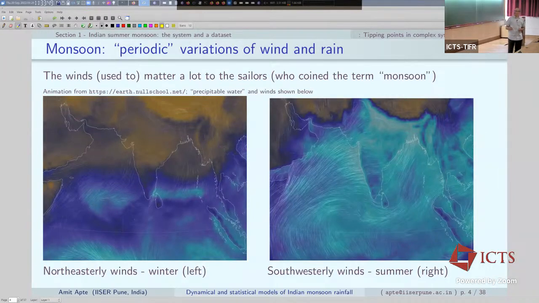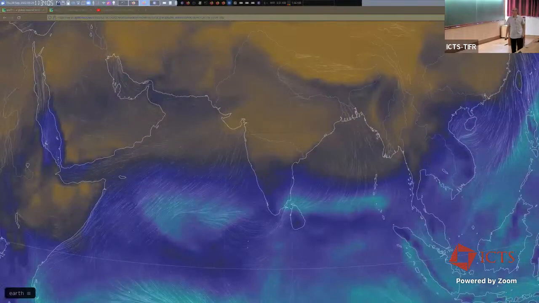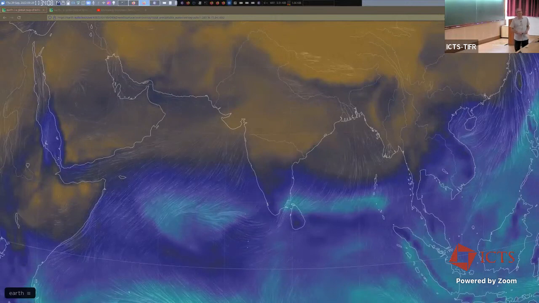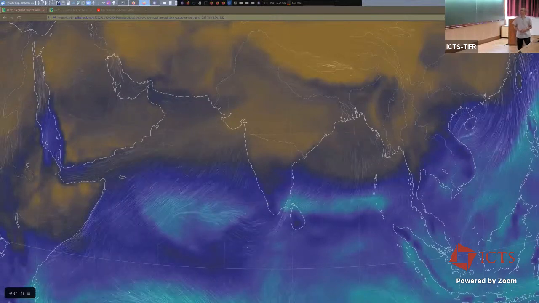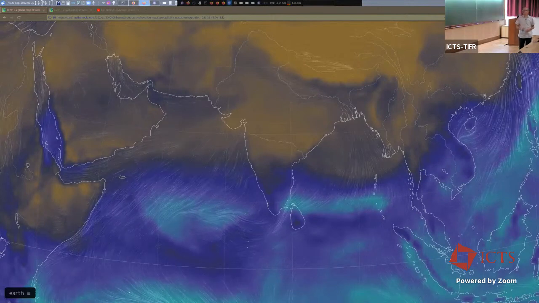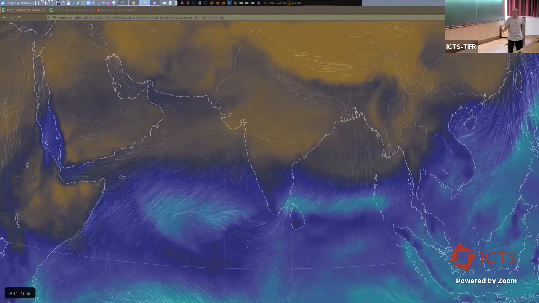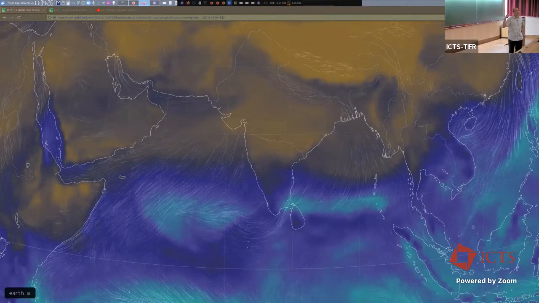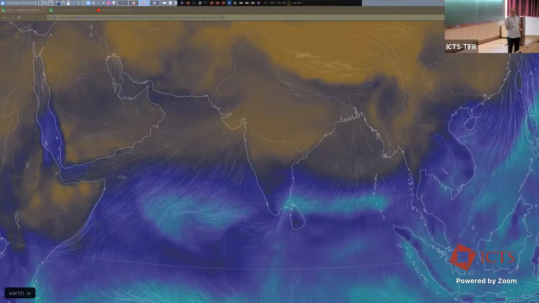This can now be very easily seen, instead of showing static plots like this. On the left, it shows the winds, but you can't really see the winds per se. A better visualization is here. This is earth.nullschool. There is windy.com these days, and quite a few such beautiful visualization tools available now. This is a randomly chosen day, the last day of January, not so random, and the winds for that specific day of 2022. It's not an average picture, but the average doesn't look terribly different from this.